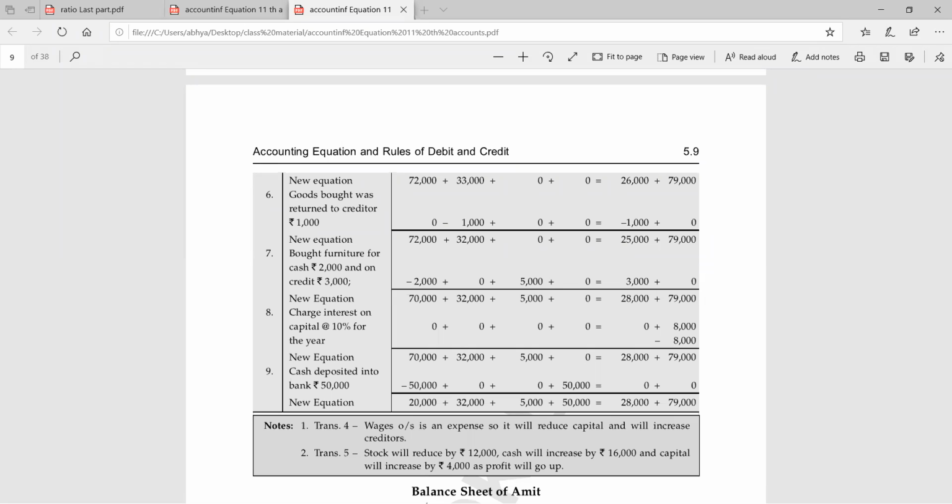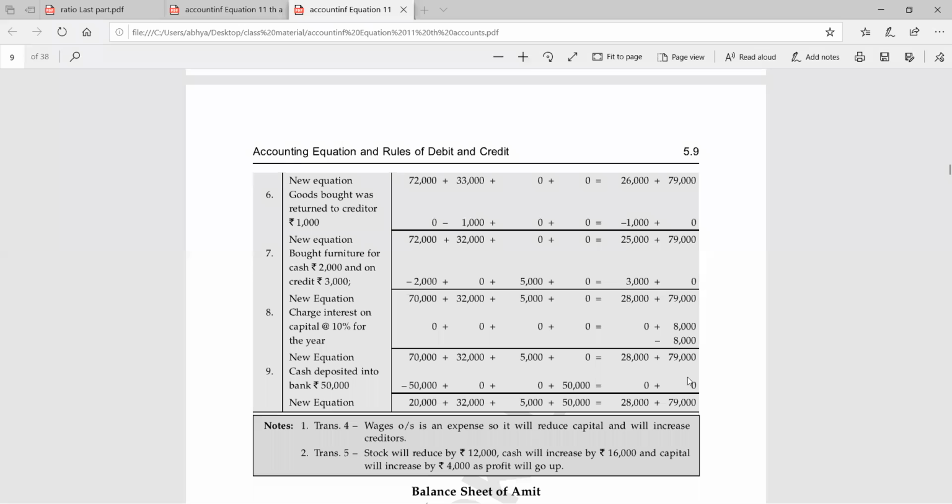Very good. So how are we going to treat it? In bank, 50,000 will be added and from cash, 50,000 will be deducted. Cash is going to decrease by 50,000 and bank balance is going to increase by 50,000, leaving no effect on any other account. So in all other accounts, we are going to write 0. So 70 minus 50 is equal to 20. 32 minus 0, same. Then bank balance, earlier we were having 0, now we are having 50,000. 27,000 creditors, 1,000 outstanding expense, and 79,000 liability.